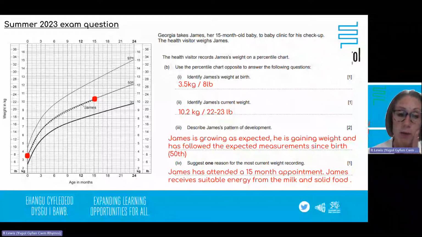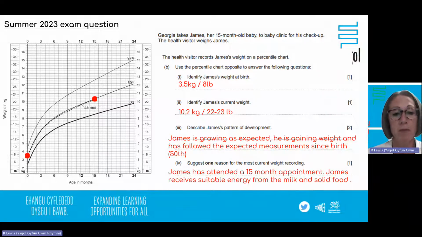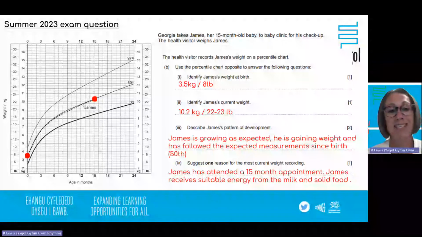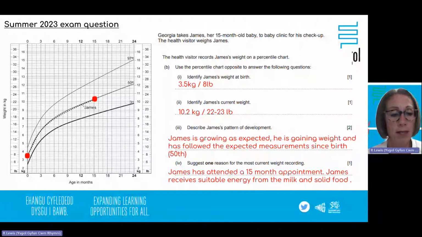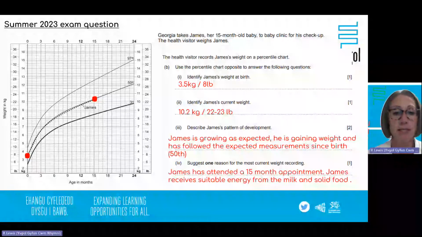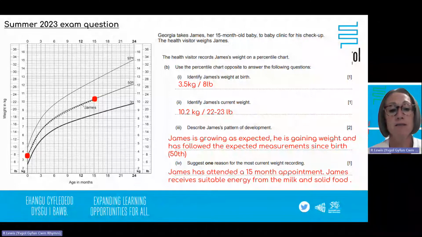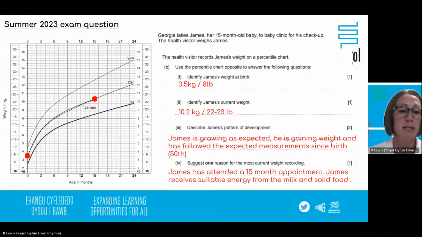Describe James's pattern of development. So if this was my son, I would be very happy with his pattern of development, or pattern of growth. Why? Because he is growing as I would expect him to grow. He is gaining weight and has followed the expected